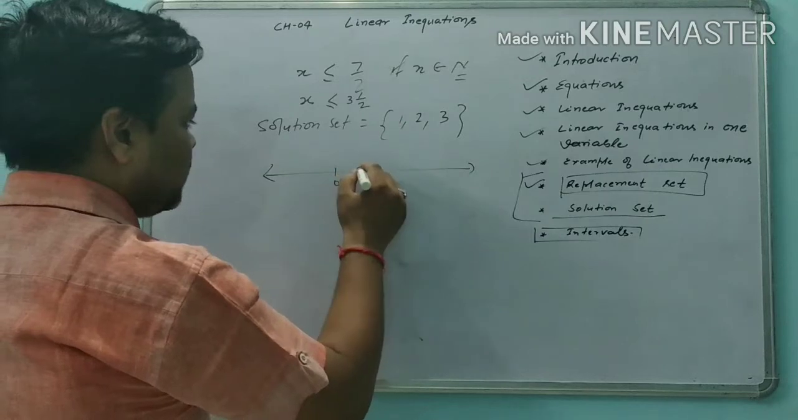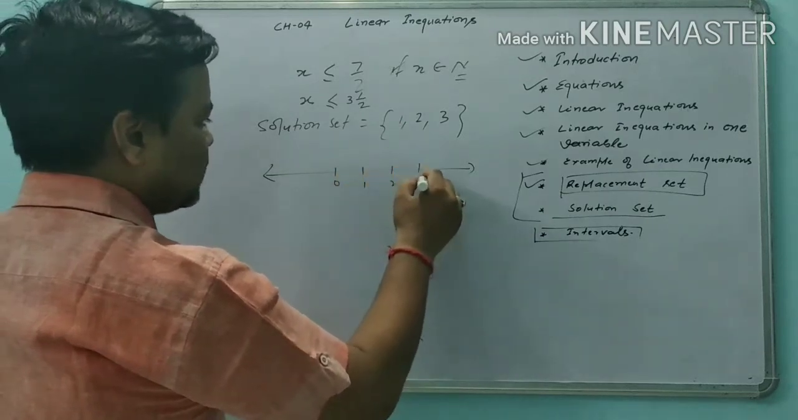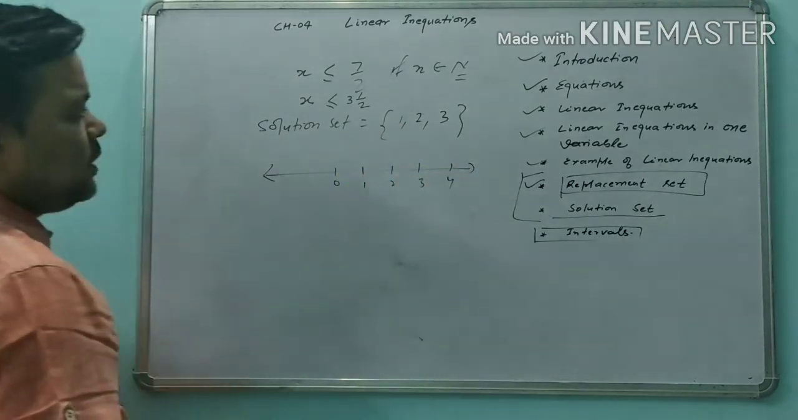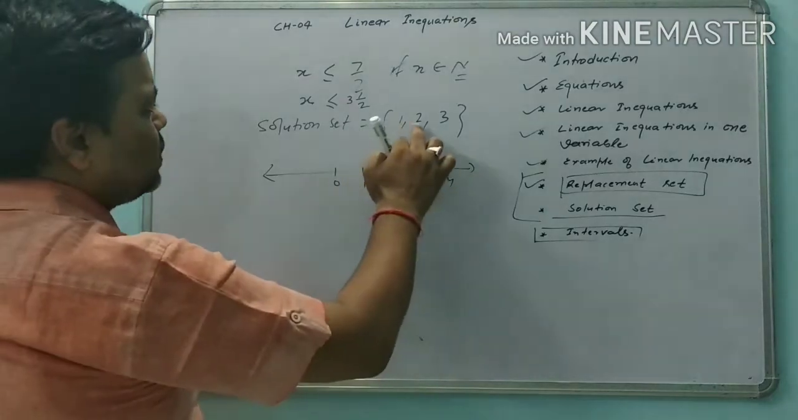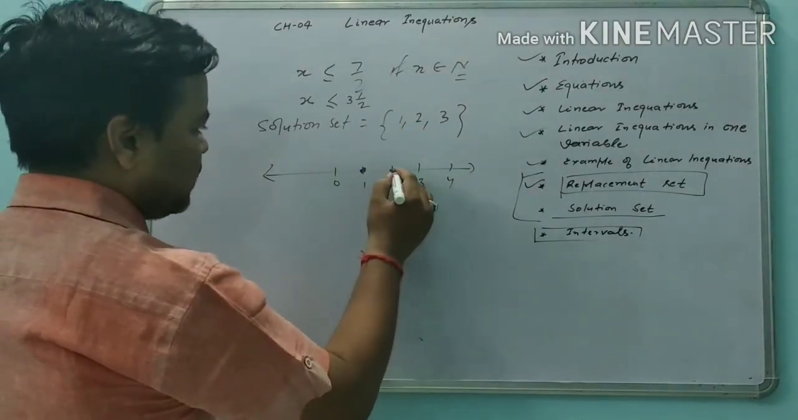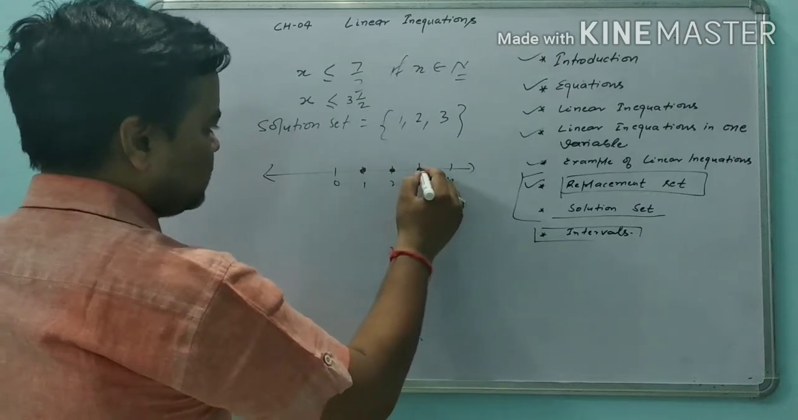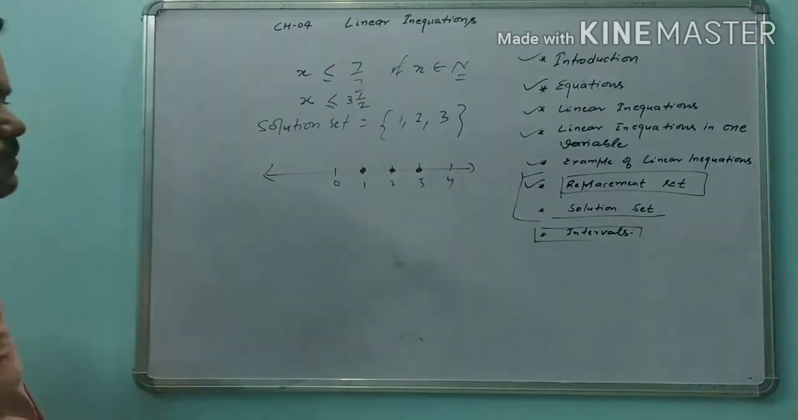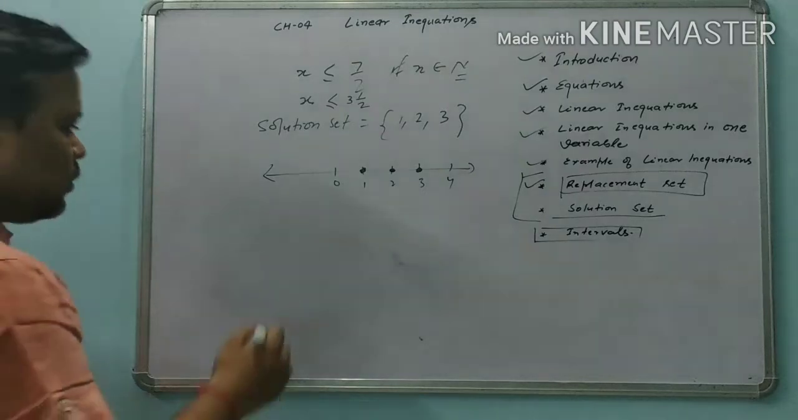Here 0, here 1, here 2, here 3, and here 4. So in our solution set, we take 1, 2, and 3. So here we write 1, here 2, and here 3. This is the first condition. Okay. Now